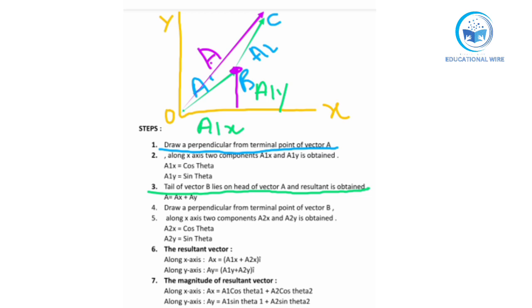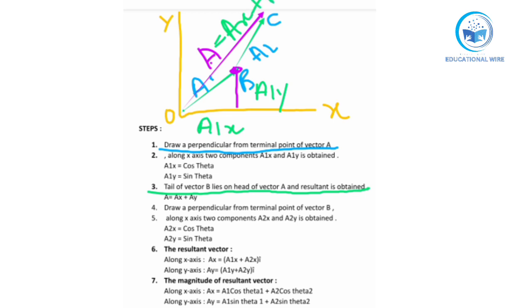This is our vector b, this one a o b to c line. This one lies on the head of vector a and the resultant is obtained. As I told you, this was our resultant that we already obtained. And then we are having a is equal to,